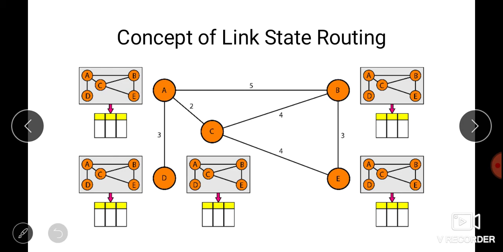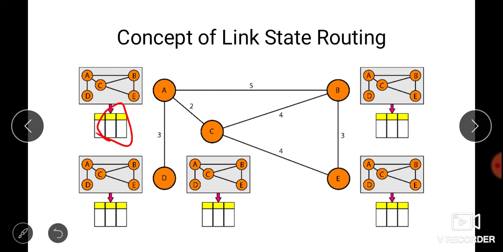This is analogous to a city map where each person may have the same map, but each needs to take a different route to reach a specific destination. So here the metric can be different for every network. Okay, so this is the table.